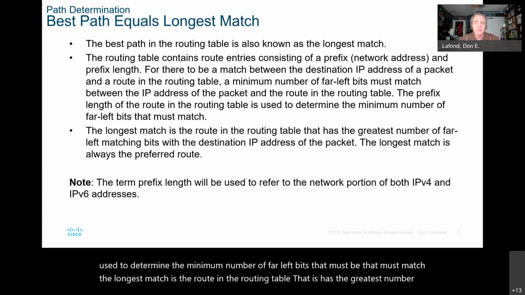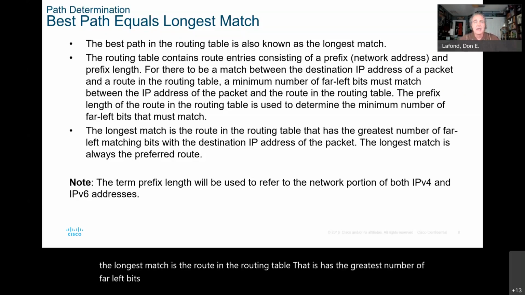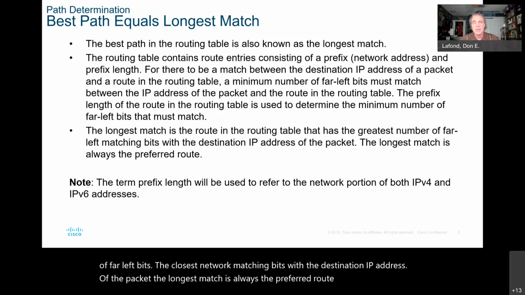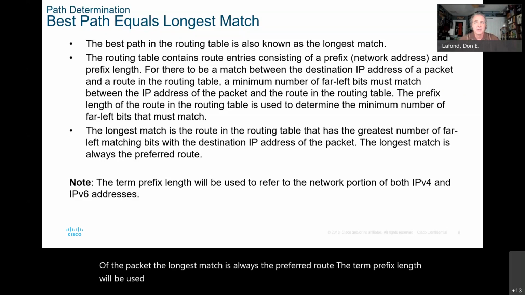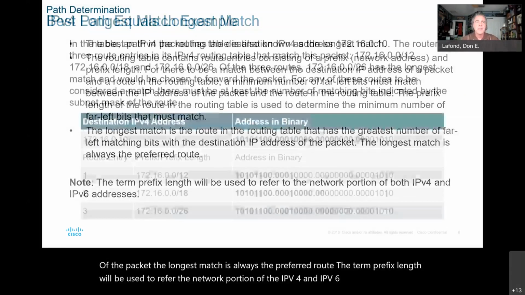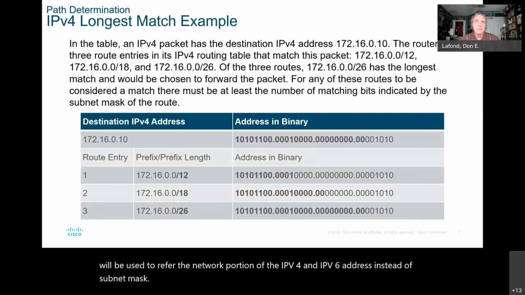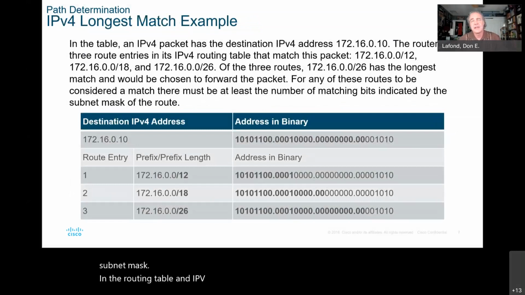The longest match is the route in the routing table that has the greatest number of far left matching bits, the closest network, with the destination IP address of the packet. The longest match is always the preferred route. The term prefix length will be used to refer to the network portion of the IPv4 and IPv6 address instead of subnet mask. In the routing table, an IPv4 packet has the destination IP address of